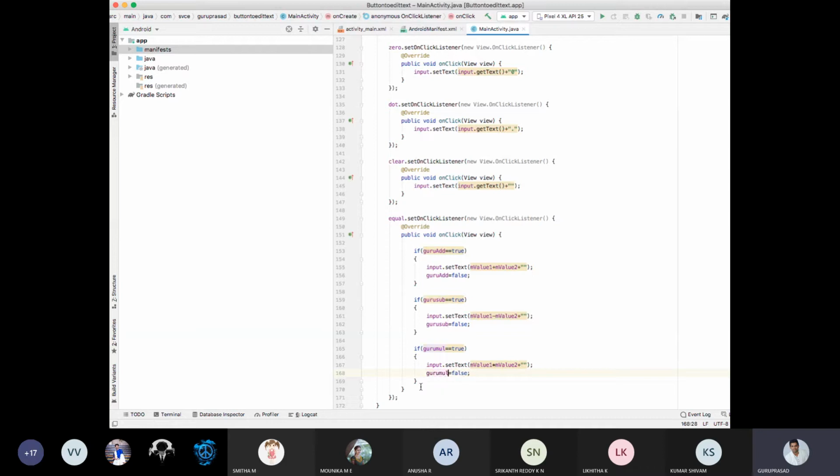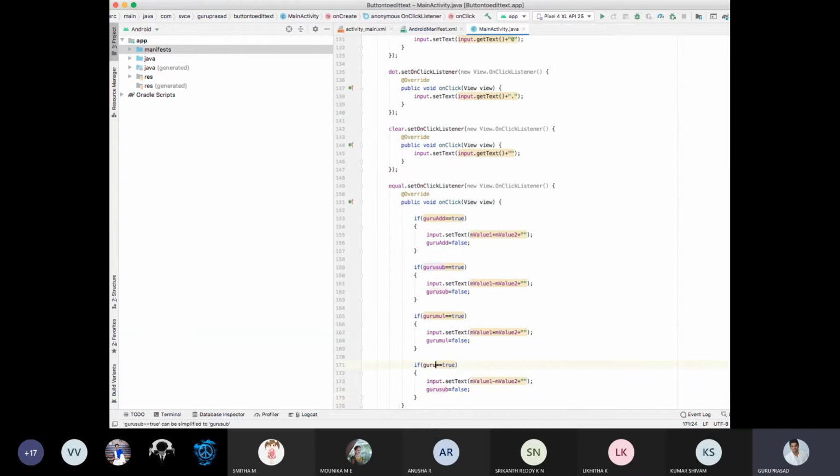Next, after multiplying, it should be false. Next, guru division is equal to true. Then after division, it should be false. M value division means m value 1 divided by m value 2. Correct.